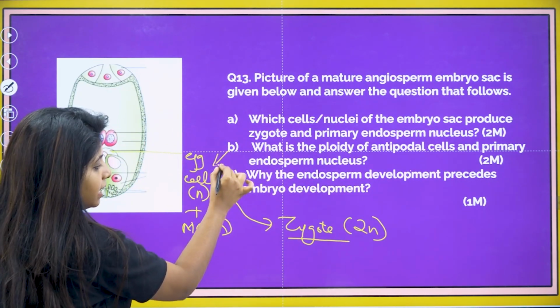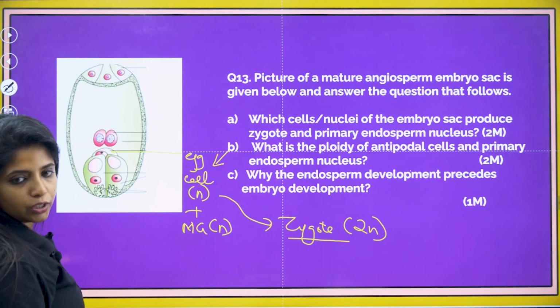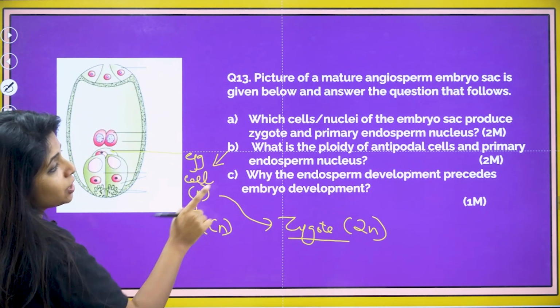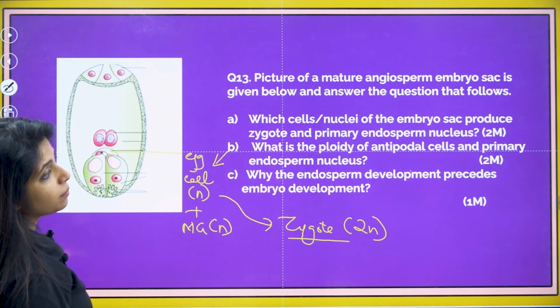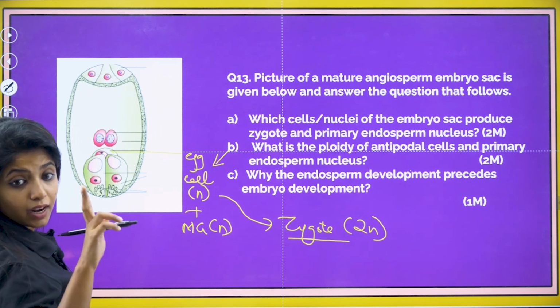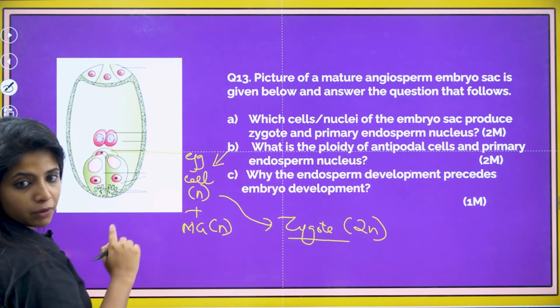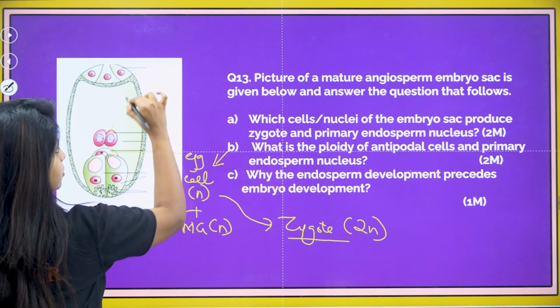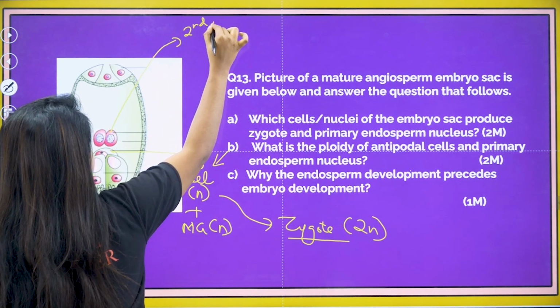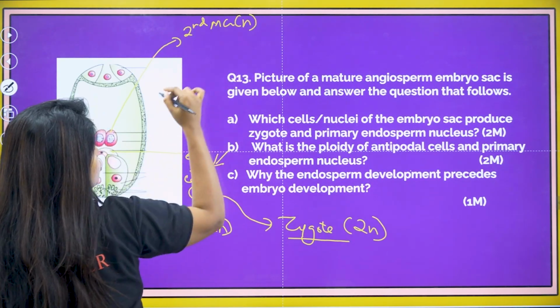So you know it is the egg cell, and the male gamete which comes and fuses with it. Next thing, which is the one that forms the primary endosperm nucleus? So let's see. There are always two male gametes. So one male gamete came and fused over here. The second male gamete, my dear children, which has n number of chromosomes, fuses with